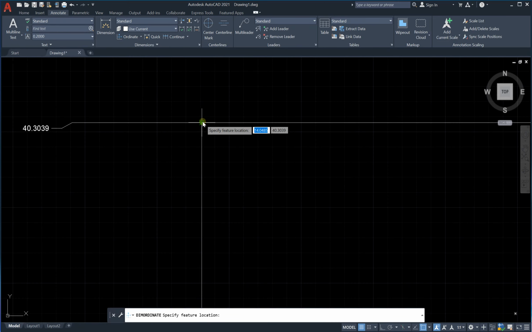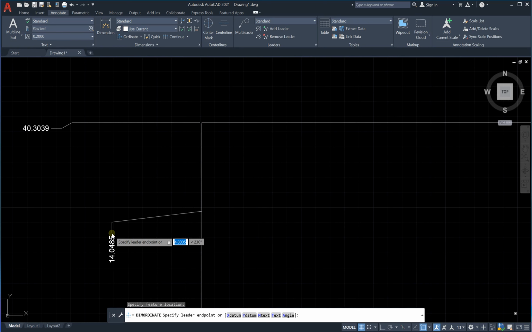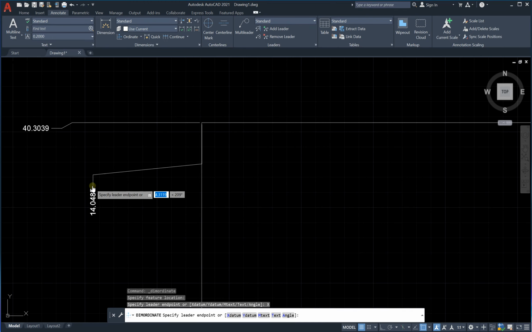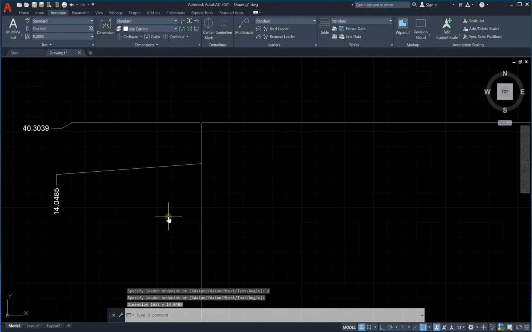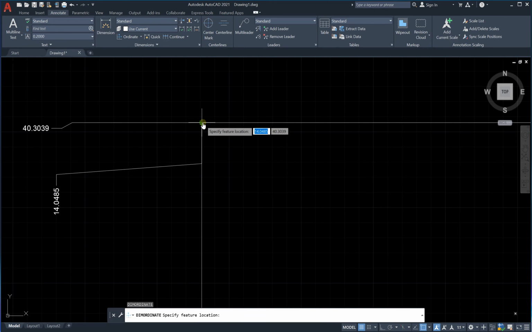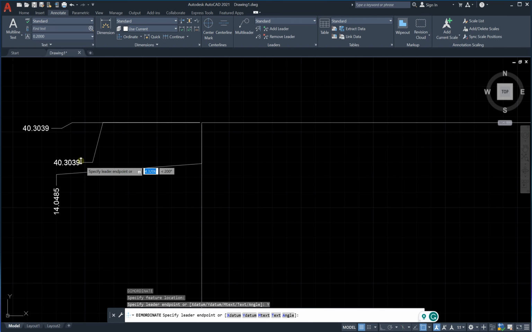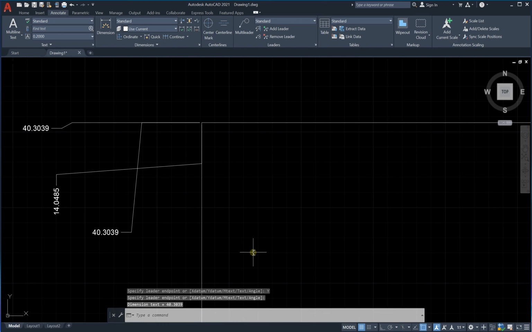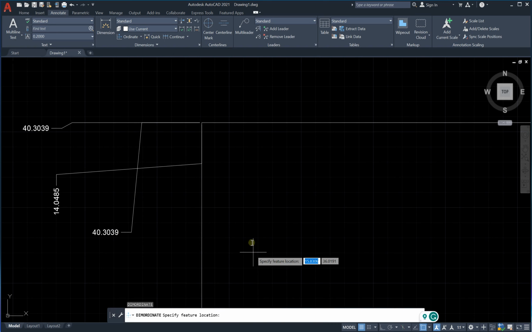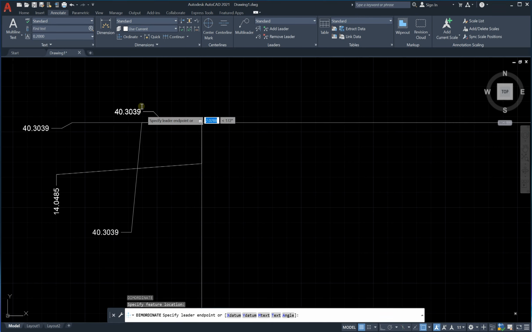Ordinate, select the point, and it says x or y. For example, if I say x, it will give us x 14.0485. If I say enter once more, select the point, and if I say y, it will give us 40.308, which is our y. Okay, again, if we repeat the same action like this and enter and click, you can see here,